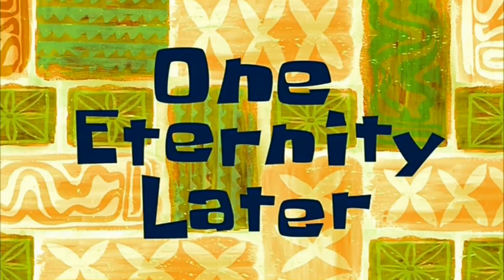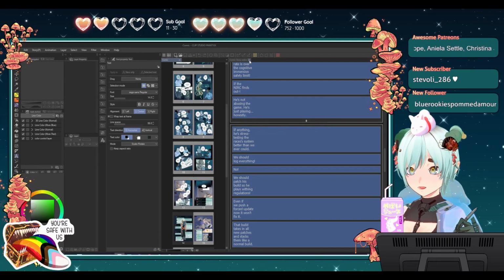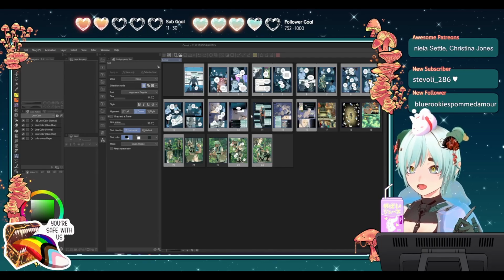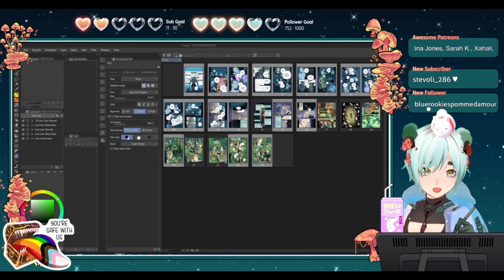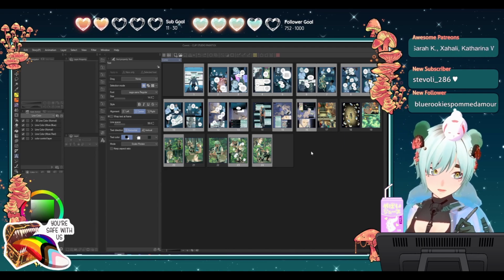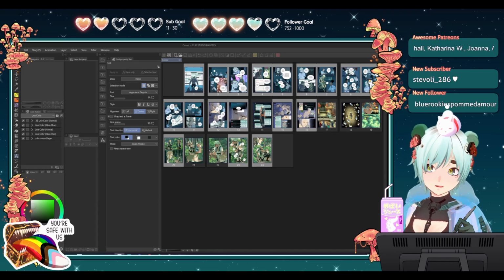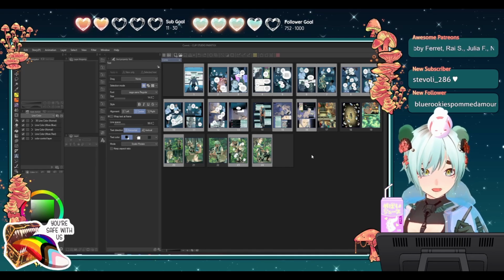One eternity later. With everything saved now, we can just close the story editor. And as you can see, all the texts are a lot smaller than they were before. Now you will have to go into the pages and change some things around because, of course, you have to resize the speech bubbles, or if you have sound words that were made with text boxes, they will have the same